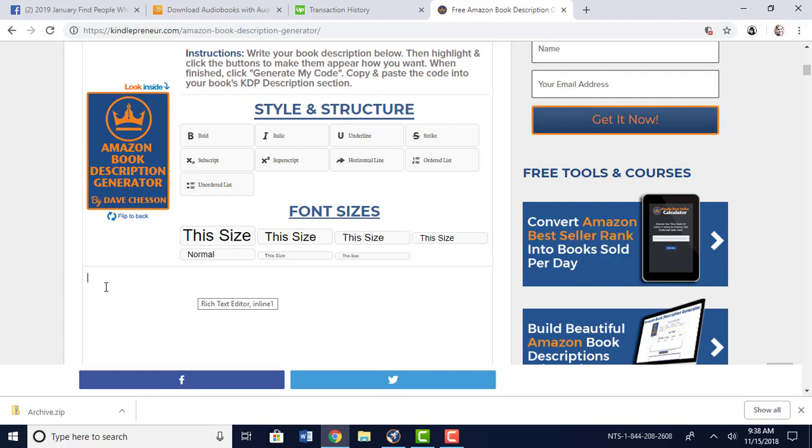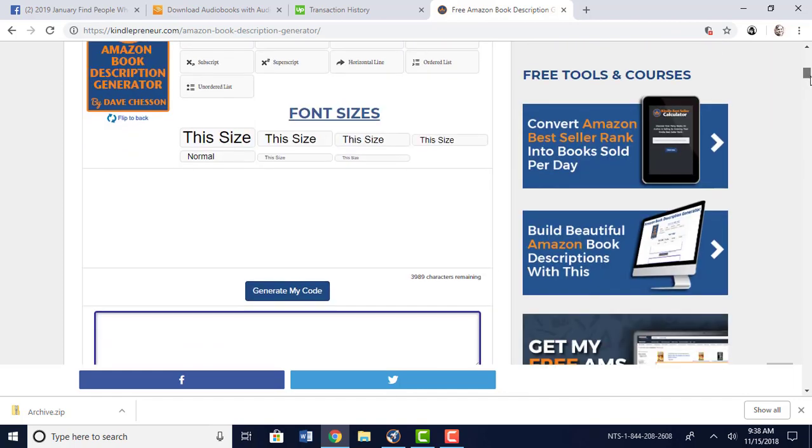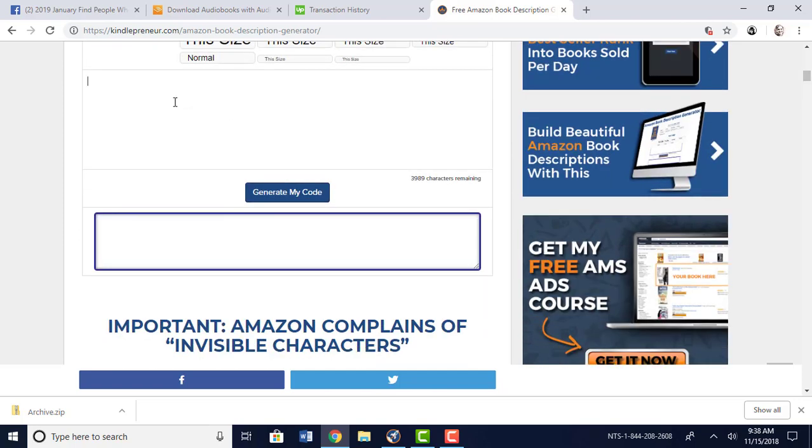And in this case, what happens is this will generate the HTML code for you. So you just format it the way you want, and then it will generate that for you. So let's just scroll down here. Once you have it all formatted, then you hit generate my code. It'll show up here. You just copy it, you paste it in there,